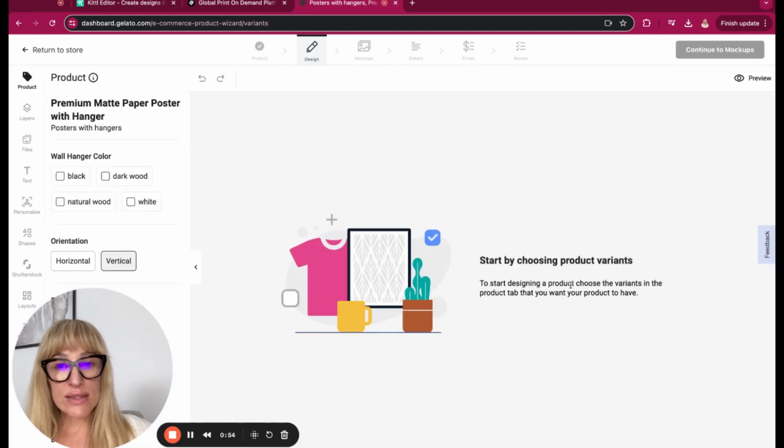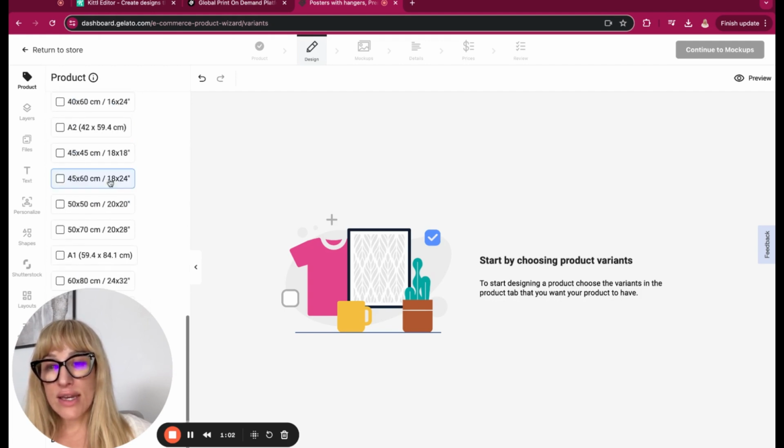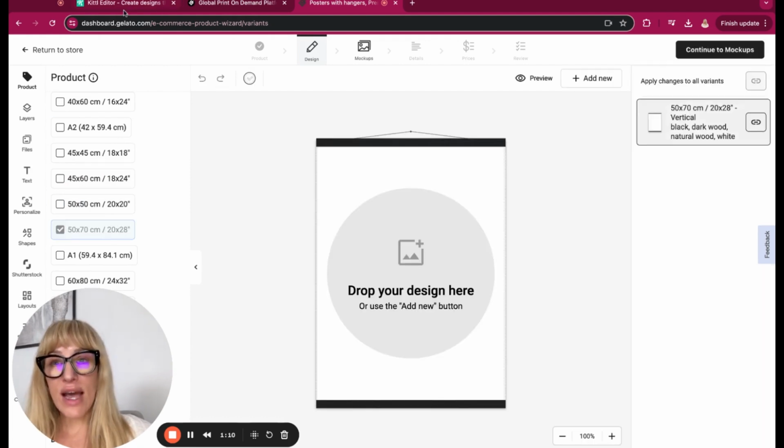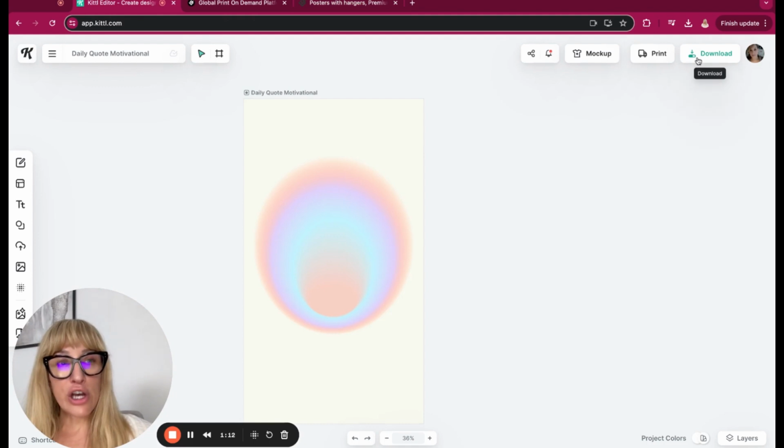We're going to go ahead and click on it, pick all the different variations. This is simply the wall hanger color, vertical, and then I'm interested in starting out with the size, which is 50 by 70 centimeter / 20 by 28. So once we have that, we're going to go back to Kittl and we're going to go ahead and download